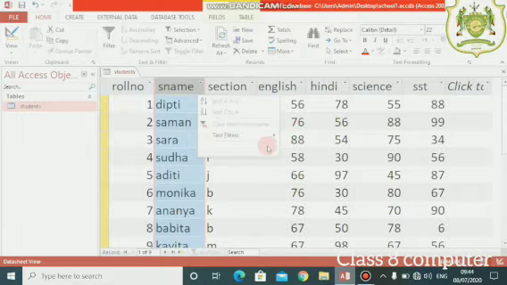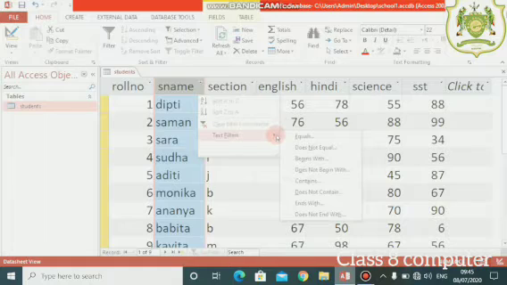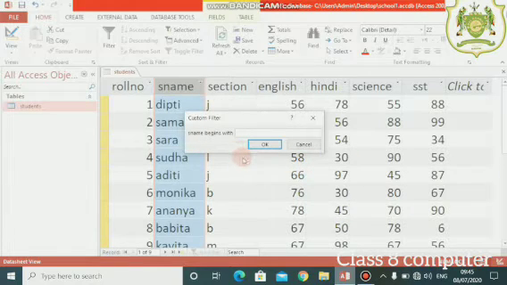Now, as I told you, I want to show the names which start with S. So I will click on text filters and then there is an option begins with. Click on begins with. It is asking S name begins with. Which alphabet I told you? That is S. So I will type here S and then click on OK.